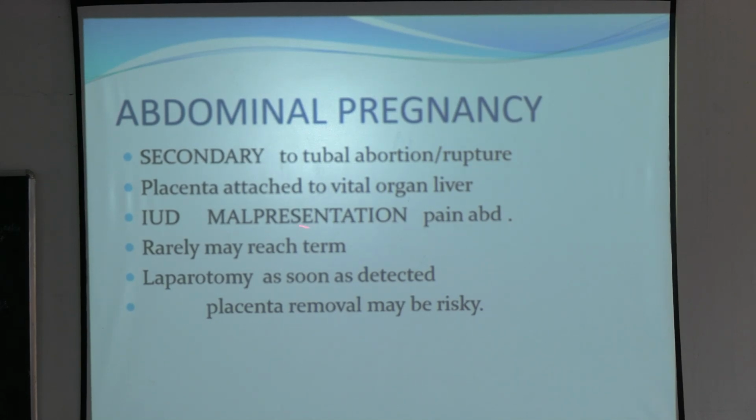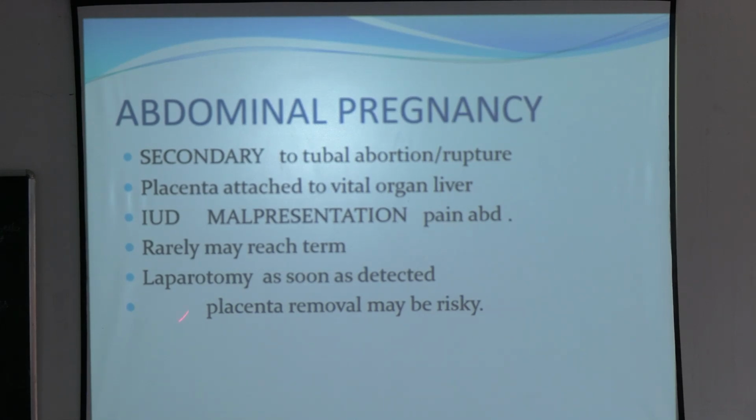IUD and malpresentation is the usual presentation, and pain abdomen. Pain abdomen will always be there, because the fetus is within the abdomen, with the movement of the fetus and because of the surrounding reaction of the trophoblastic tissue. And malpresentation, because it is not in the uterus, so in any direction it may lie, and rarely may reach term. Laparotomy as soon as detected, because if there is separation of the placenta at any time, the patient will die